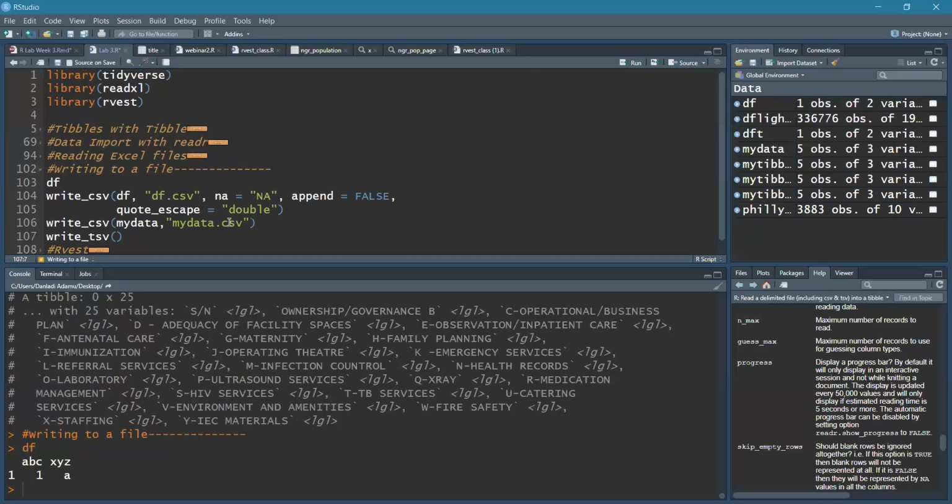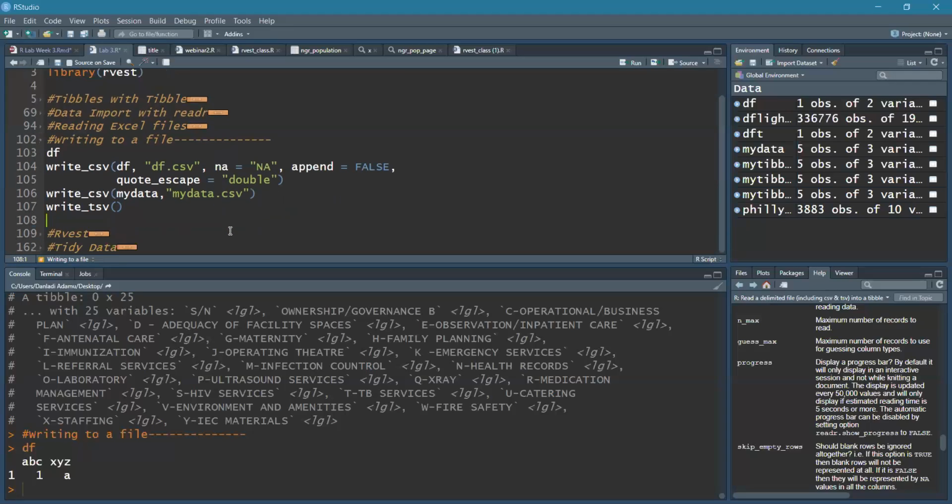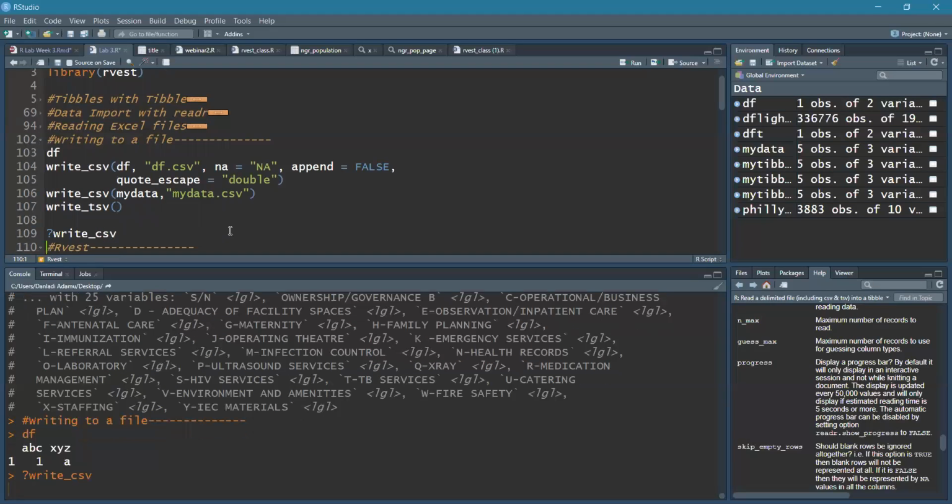So like I said earlier, to get a much deeper insight into these functions, it's important to learn to use the help system in R. It's very helpful and it gives you a lot of information as well as examples on how to work with the functions. So if I were to type question mark to get access to the help, you just type question mark and the name of the function you want to work with. So question mark write_csv,